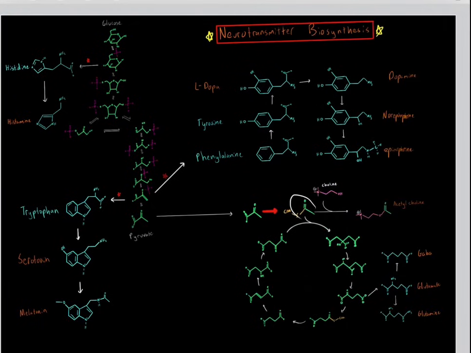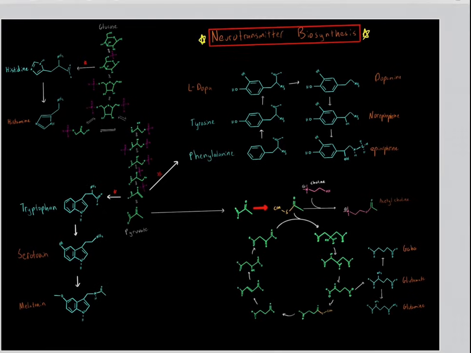There are other pathways. For example, we take acetyl-CoA and react it with this choline molecule to form acetylcholine, which is a really important neurotransmitter. We take this particular intermediate to form glutamate, which can be used to form GABA and glutamine. These are 2 important neurotransmitters. We can form tryptophan with very low efficiency, so most of the tryptophan we need from our diet, but once we have tryptophan, we can then form serotonin, or go a step further to form melatonin. And we can also take histidine to form histamine. So that's how we biosynthesize a lot of these important neurotransmitters, but a lot of them come from these intermediates